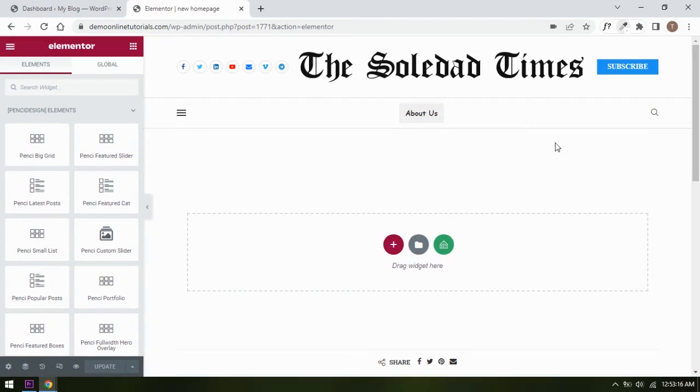Alright, so as I have introduced to you when we purchased the theme Soledad, this theme actually has a lot of templates that we can choose to import, and then we can customize based on that. Okay, so for now, I'm gonna show you how to do that. You can see the home icon here, right? So it's actually the fancy templates which is supported from the theme. And okay, so for now we click on this,